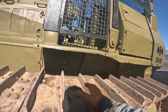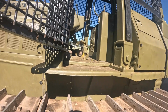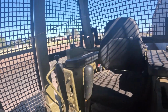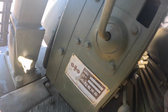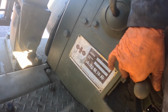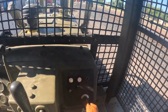I wonder if it actually says on this data plate, and I probably could have just looked over there and found it, but there's an actual plate right here. Let me climb in here. I'm not certain. I just can't read it. D65. Yeah. Shit, I had to look right there and it would have told me. Okay, I just kind of wonder how it's gonna...